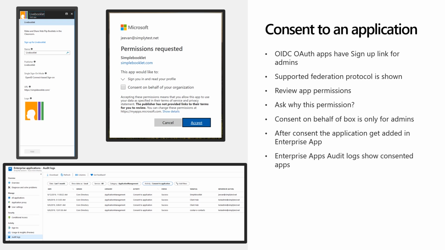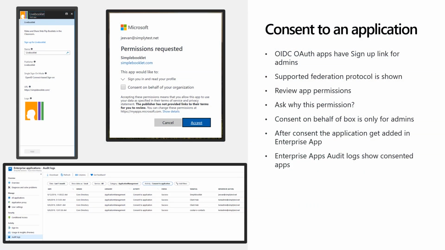These permissions are shown in the second picture on that slide, where it is asking for sign in and read user profile. This is a very common permission most applications use. That means the application wants to read your user profile from your token, which is basic information like your first name, last name, email address, and your UPN value.